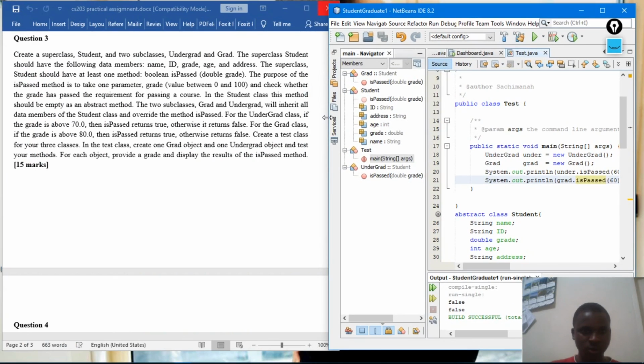Because the question was saying if it is above 70 here from the undergrad, it is going to return true. Otherwise, it is going to return false, which is true because I have put a 60 here. And also here I've put a 60, which is below 80. That's why it returns a what? A false.